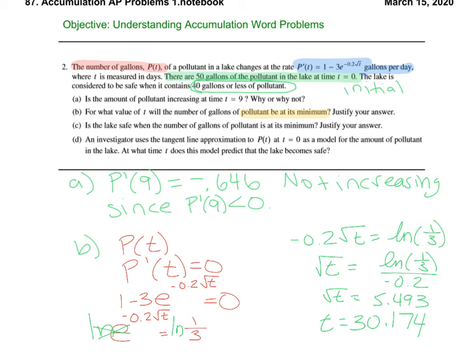Sorry, that's for what value of t will the number of gallons of pollutant be a minimum? So then the question is, what's happening on either side? So we can check this in a bunch of ways. We can find the second derivative, and that might actually be the easiest way. If we use the calculator, find the derivative, P double prime of 30.174. So I'm going to use the calculator, take the derivative of the derivative,